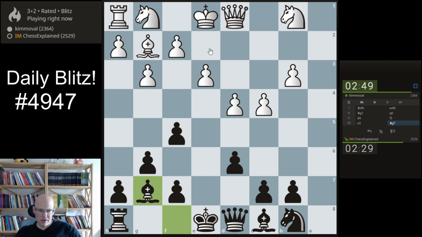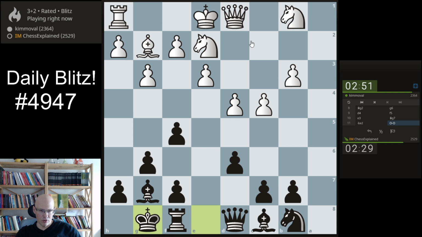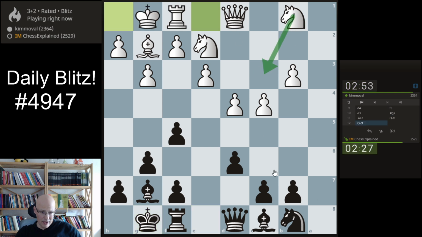This is a structure with knight e2, knight c3. I can draw, yeah, this and so on. Is generally considered to be quite okay for white, but here I have the A file open and the rooks traded. That's a bit different. I'm still not better or anything. It's just